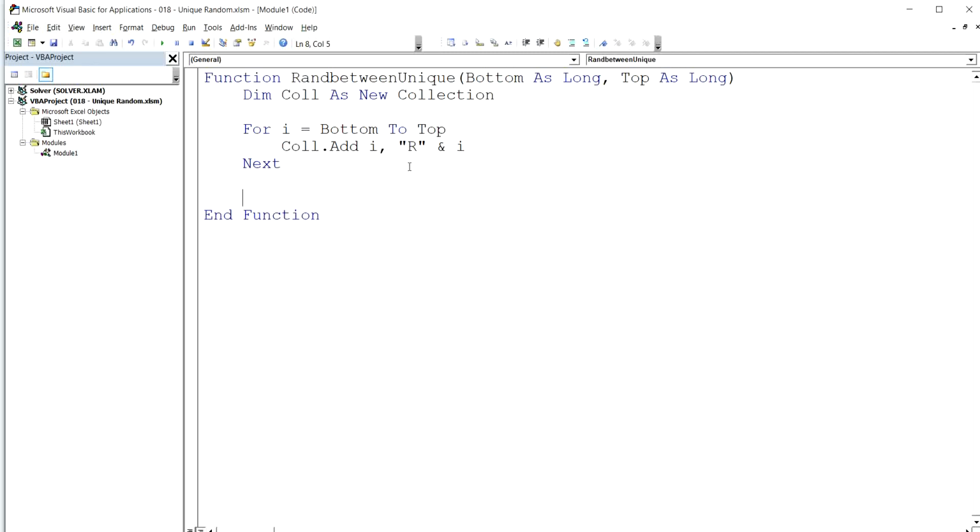Now we want a range. So we want that range in which the formula has been entered. So how we would be getting it: Set rng = Application.Caller. So Application.Caller would be giving us the answer. Now here a person can call this function directly also. So in that case there would be an error. But for the time being we are skipping it.